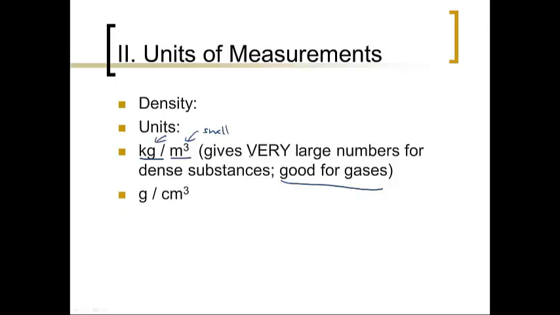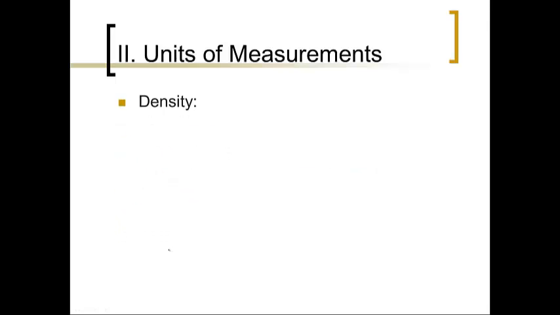Okay, so more common units that we'll use. For mass, we'll use grams, and for volume, we'll use cubic centimeters. Okay, or grams per milliliter. Okay. Now, what's the difference between a cubic centimeter and a milliliter? They're basically the same. If you were to make a cube